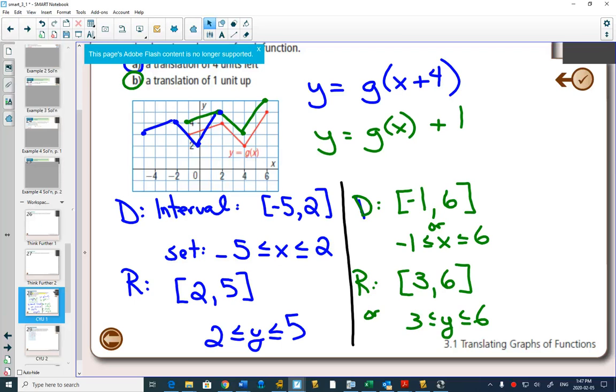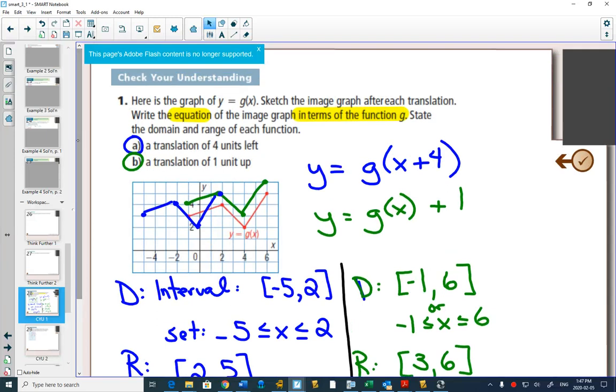So now we would read the question again. First sentence, okay. Second sentence, I've sketched. Third sentence, I've written the equation in terms of g, good. Fourth sentence, state the domain and range of each function. So I read it again because sometimes you just read state, domain, and range and you just do one function. Okay, so there's lots of little details, right? In a math question, like every little word is important. And so you do have to read a question more often. Now, this is different than like some other subjects. Right? English, you get a novel.